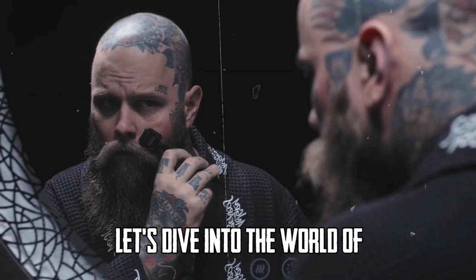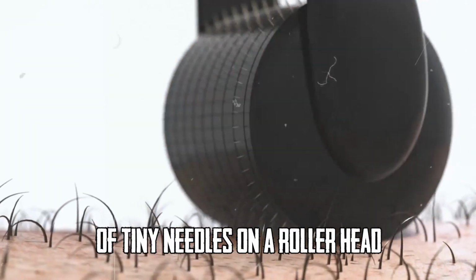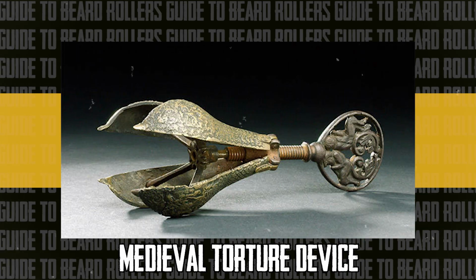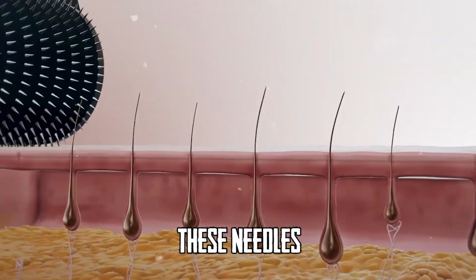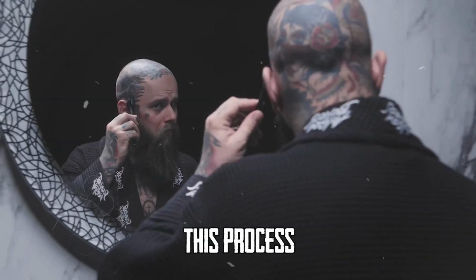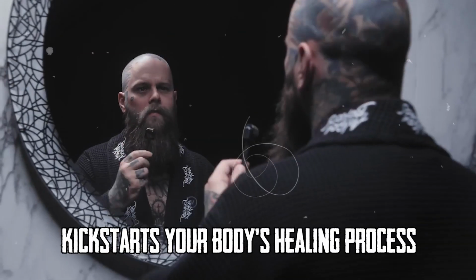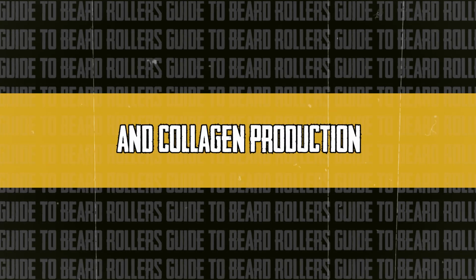What are beard rollers? Let's dive into the world of beard rollers. Imagine a small handheld tool equipped with hundreds of tiny needles on a roller head. This isn't a medieval torture device, it's a marvel of modern grooming technology. These needles, when rolled over your skin, create micro-injuries. This process, known as microneedling, kickstarts your body's healing process, boosting blood circulation and collagen production, which are crucial for